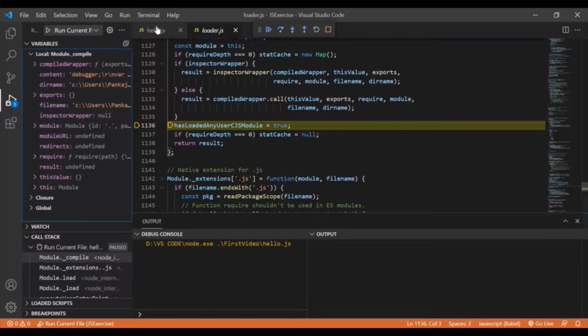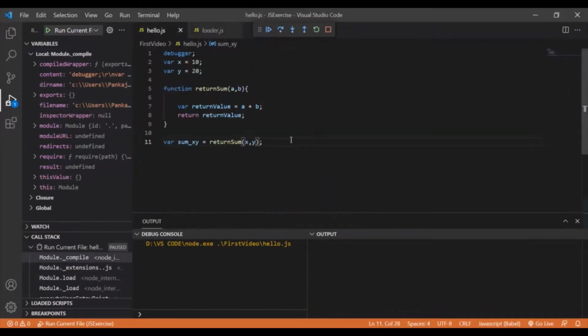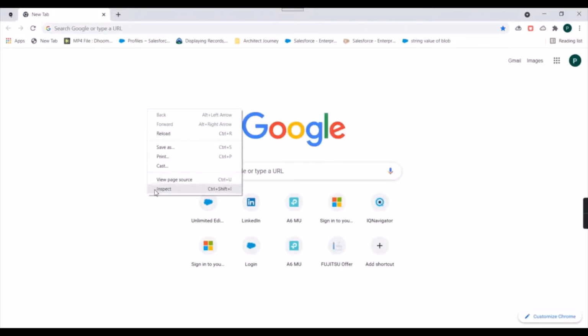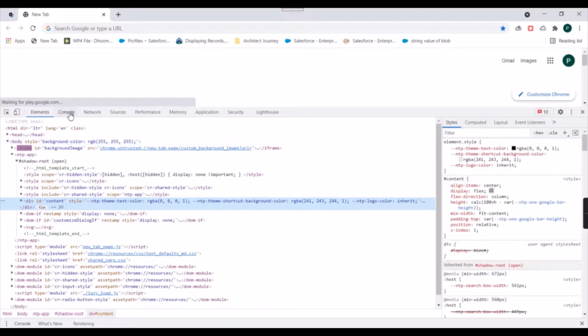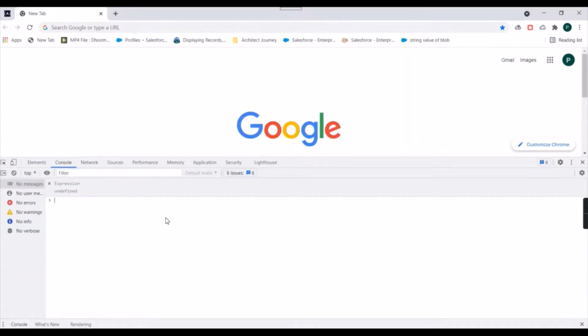You can execute this entire code in the browser also and verify there. Let's say I copy this piece of code, open a browser, inspect, go to the console, and paste our code over here. Now if I click on enter, execution will start.